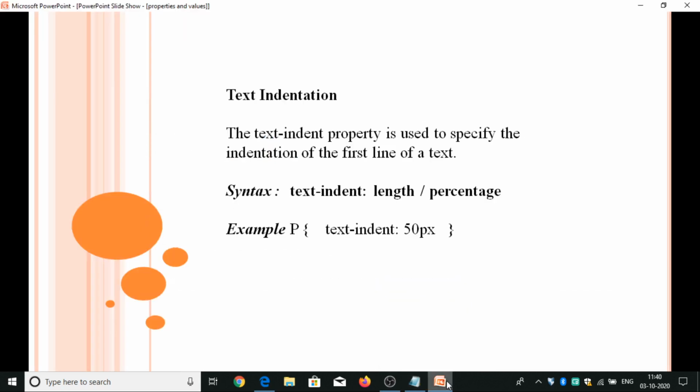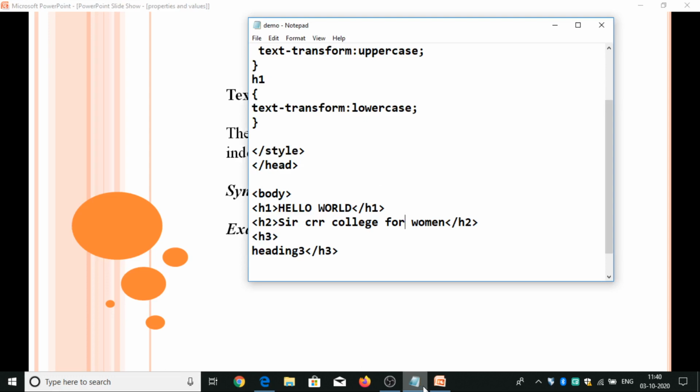Next one is text indentation. The text-indent property is used to specify indentation of the first line of a text with values like length and percentage. Let's see the program for this.